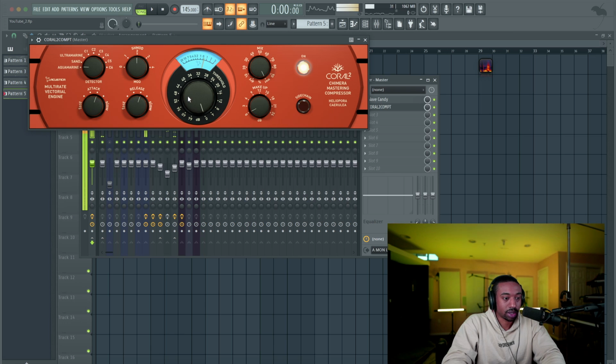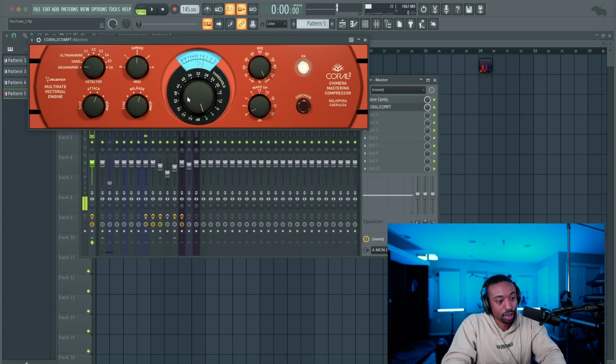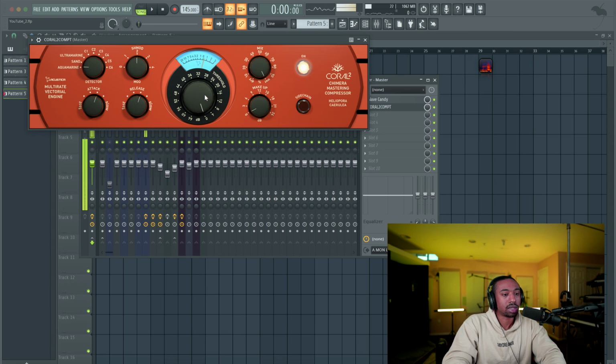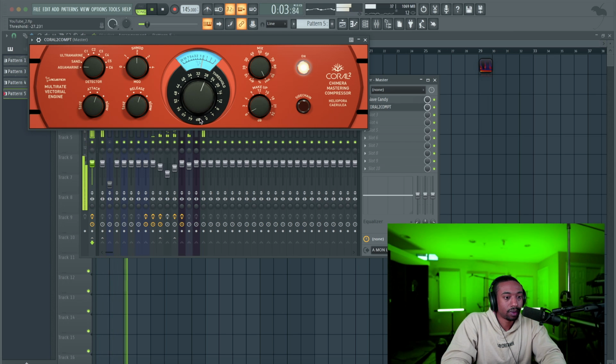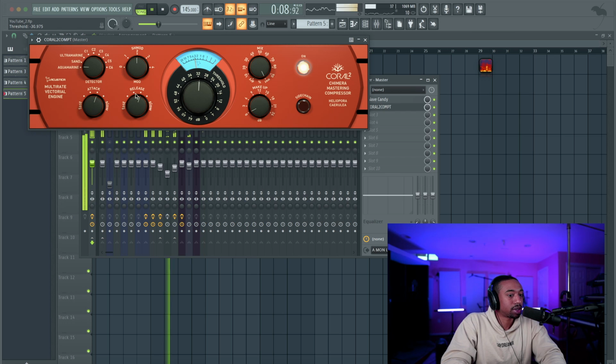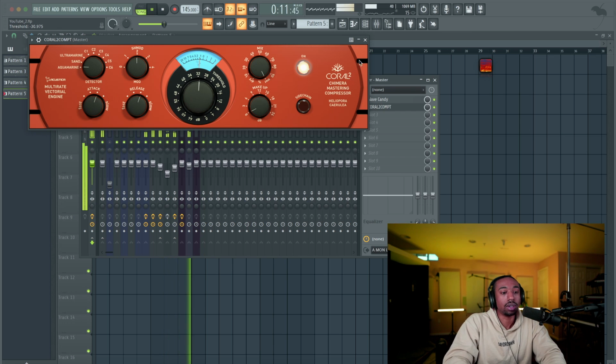So what do we have? A threshold. We have an attack knob. We have a SH mod, which I think stands for the ratio. And we have different modes and the mix level here, which is how much, and then the makeup gain. So you're starting to see the same terminology through different compressors. I don't know what SH mod means. Shape modulation, maybe. I'm trying to think what shape of what, maybe the curvature of the compressor. Okay, but just pull the threshold down. So now I'm adding compression on the entire track. It's making it snappier and tighter.